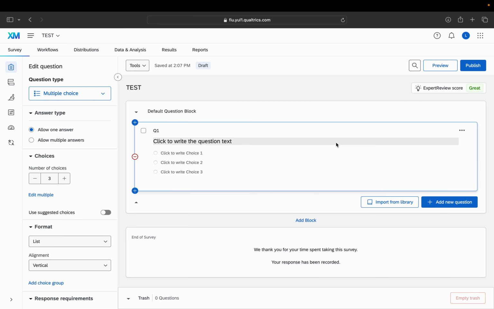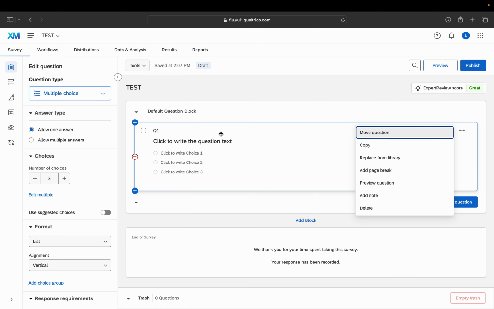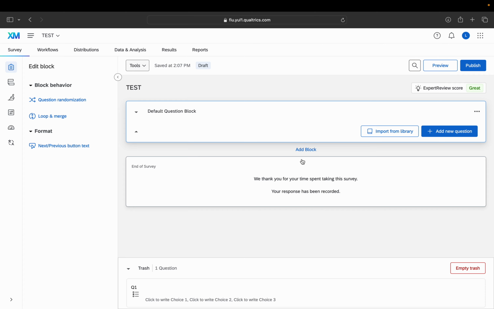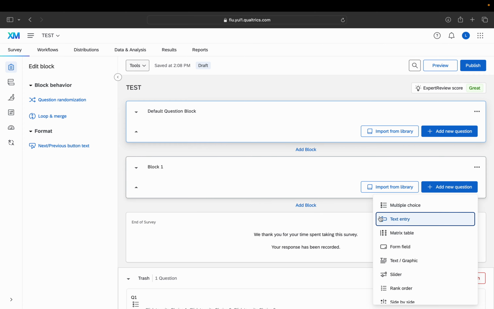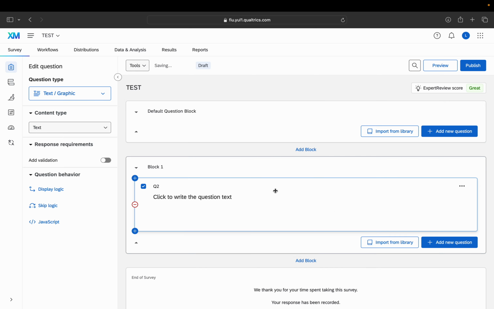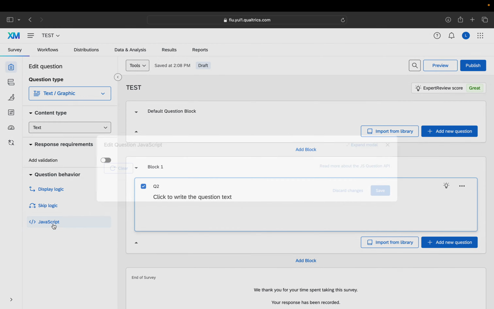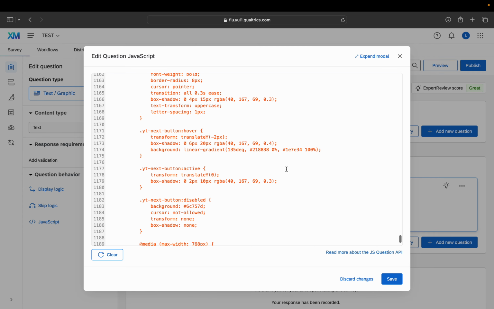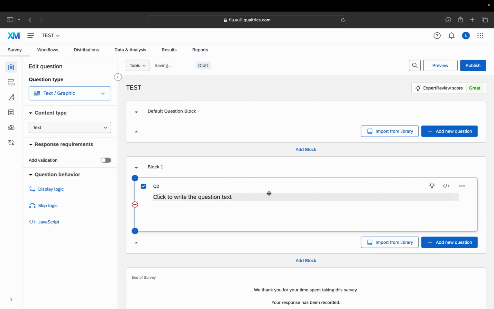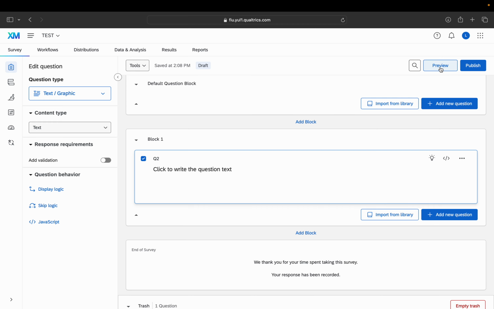Once we're in here, we want to make sure we are not using the default question block as this will bring issues. So we want to delete the default question block. Add a block. And then to move our JavaScript code into the survey, we have to use this question format right here, text slash graphic. And then we implement the JavaScript, paste it right in. All right. Now that it's in there, if we go check it out,